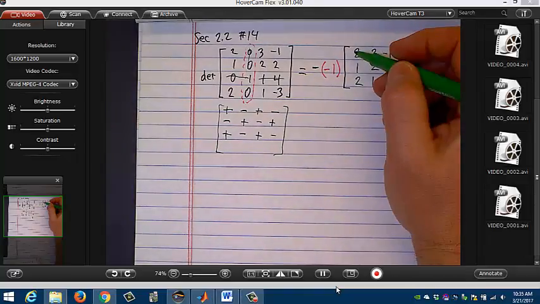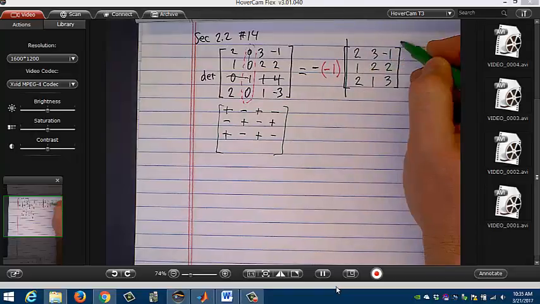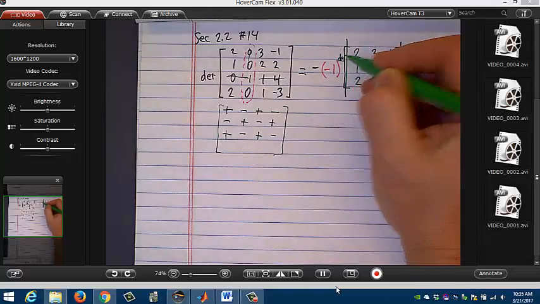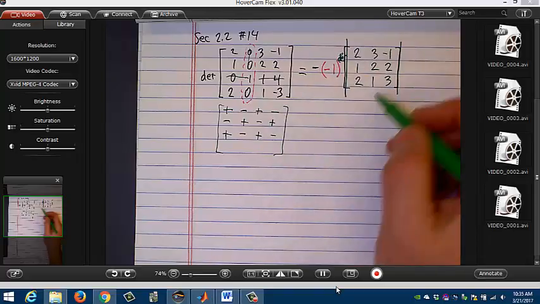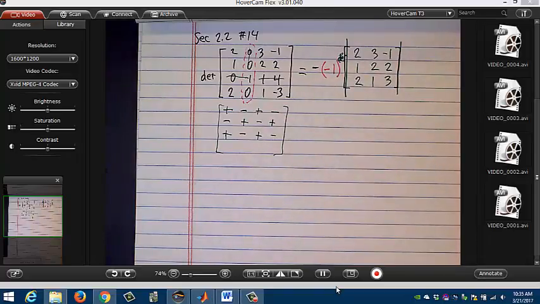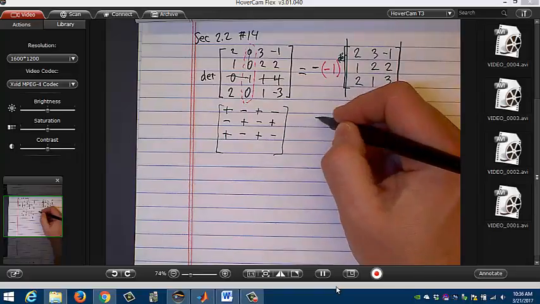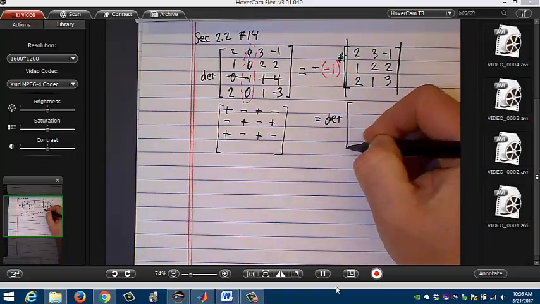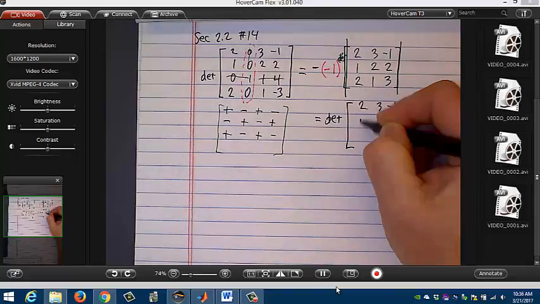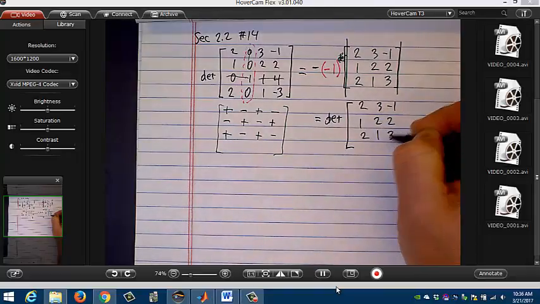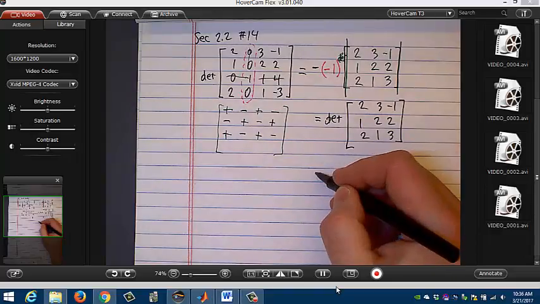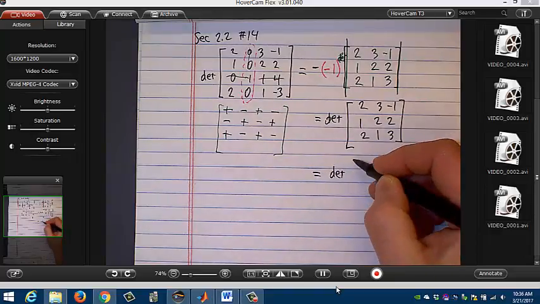So I guess, oh, and maybe I should use the bars because I forgot to write determinant. I guess what I could say is this is equal to the determinant of this matrix, right? So how do we find the determinant of a 3 by 3 matrix? Well, now I'm going to use some of those theorems that we have. So again, we're trying to find the determinant of this matrix. 2, 3, -1, 1, 2, 2, 2, 1, 3. This equals the determinant of,